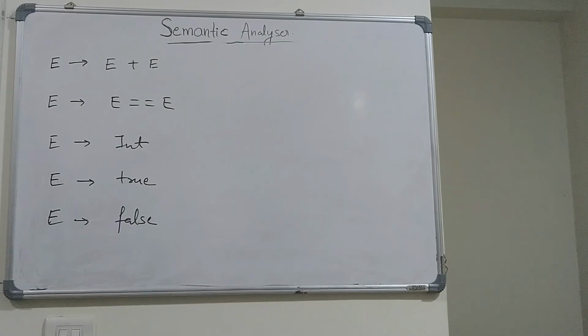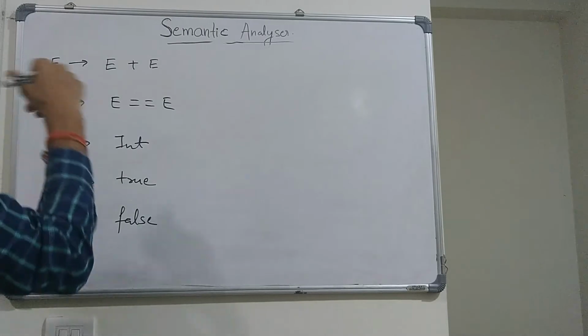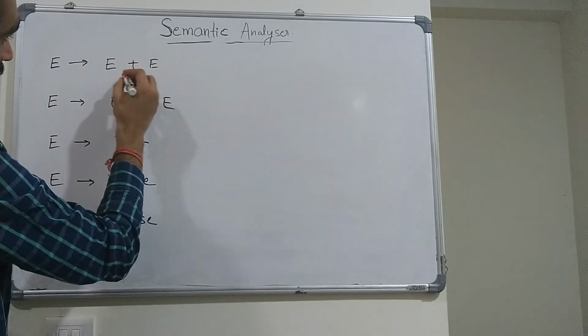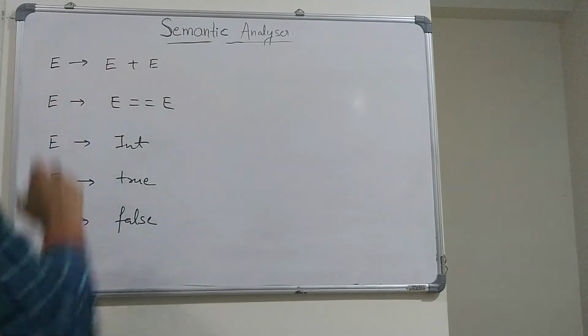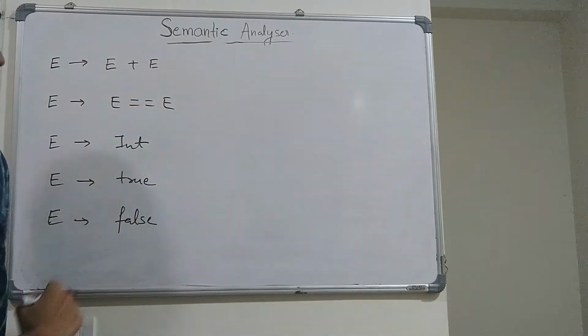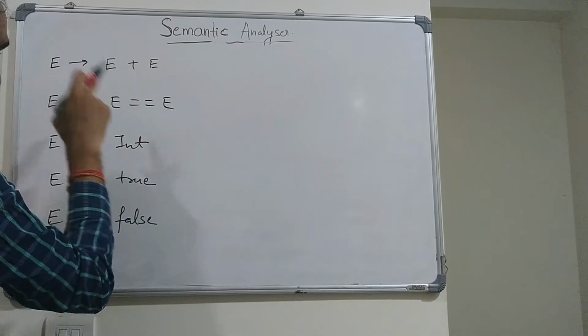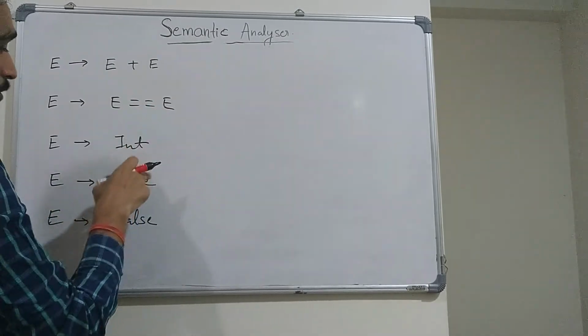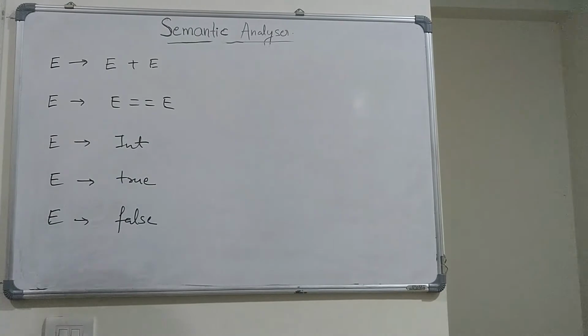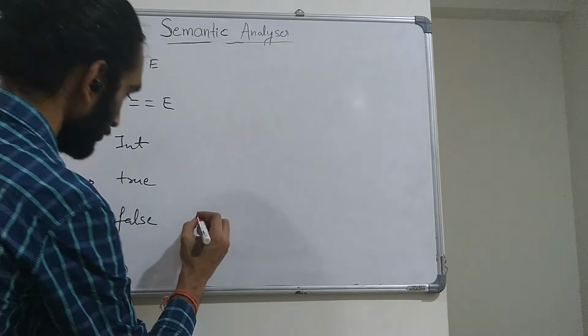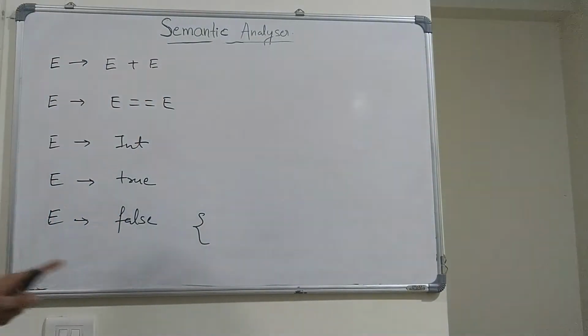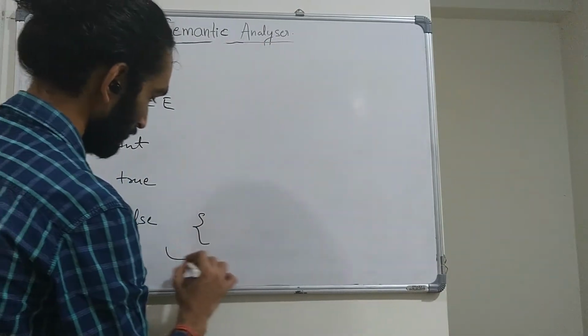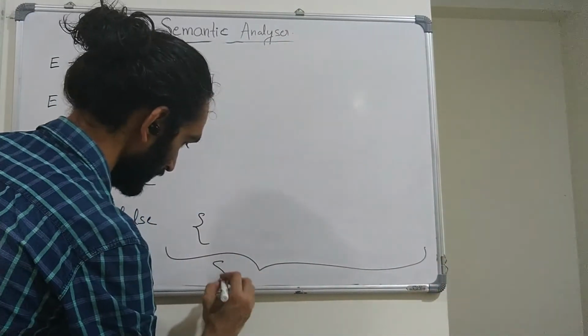So here I have used two kinds of productions. The first production is used for addition, the second production is used for comparison, right? So if I try to compare an integer with true or a boolean value, it should not work properly, right? So how do we implement this kind of information in this grammar? What we are going to use here is semantic rules. This information which we use is known as